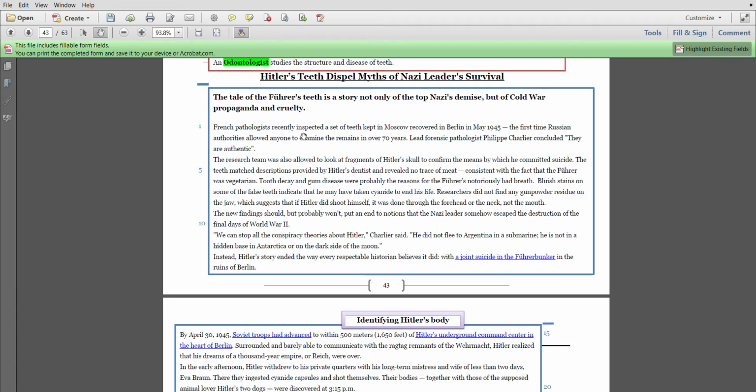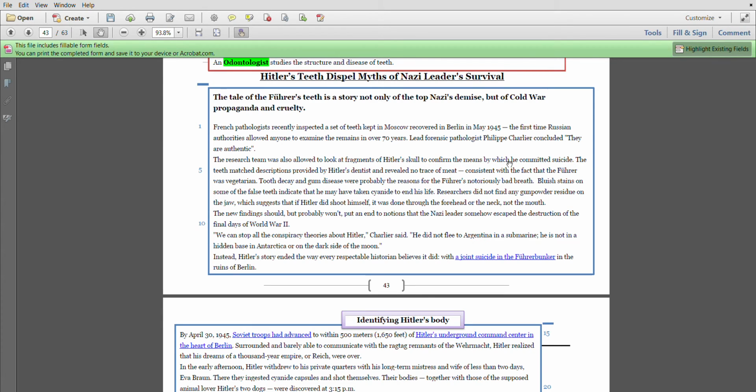The first time Russian authorities allowed anyone to examine the remains in over 70 years. Lead forensic pathologist Philippe Charlier concluded they are authentic. The research team was also allowed to look at fragments of Hitler's skull to confirm the means by which he